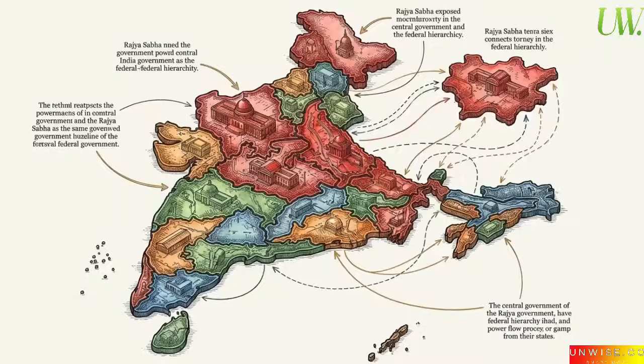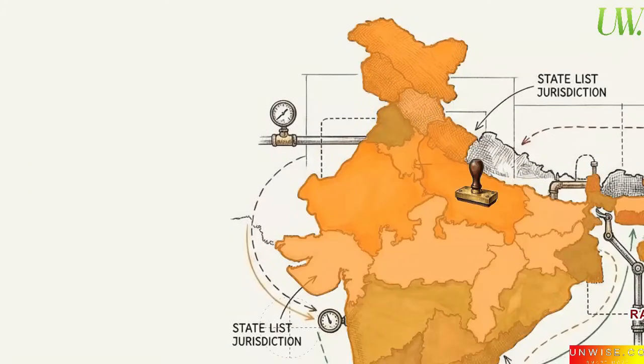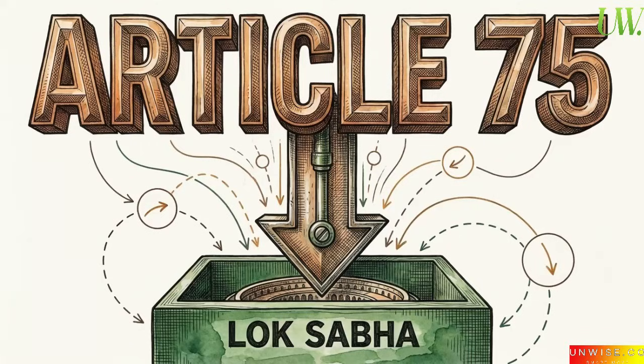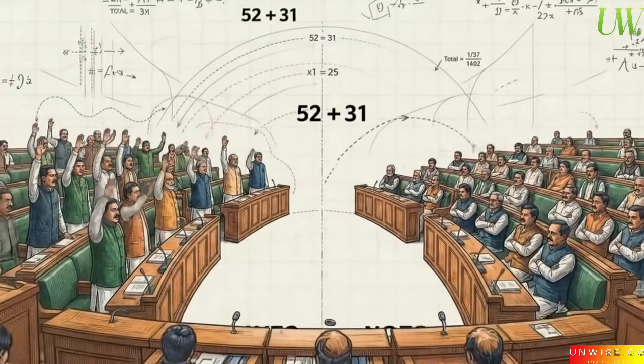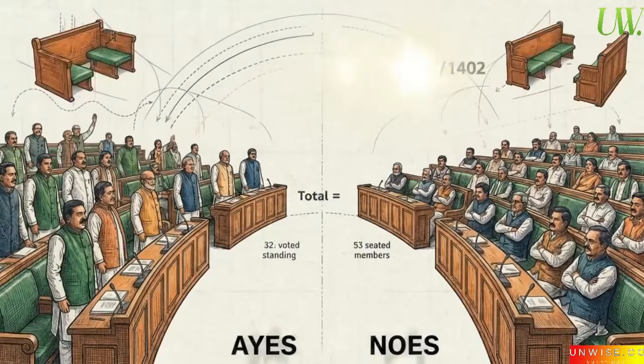The Rajya Sabha also holds exclusive federal powers. Under Article 249, only the Rajya Sabha can authorize the national parliament to make laws on subjects typically reserved for state governments. But that federal check is countered by Article 75, dictating an absolute rule. The Council of Ministers is collectively responsible only to the Lok Sabha. This responsibility means the executive government survives only as long as it commands a mathematical majority on the floor of